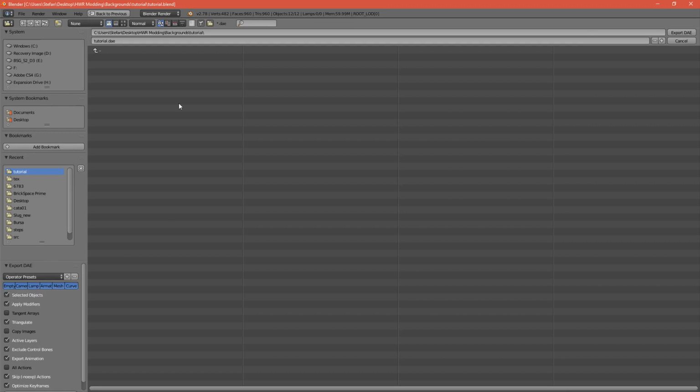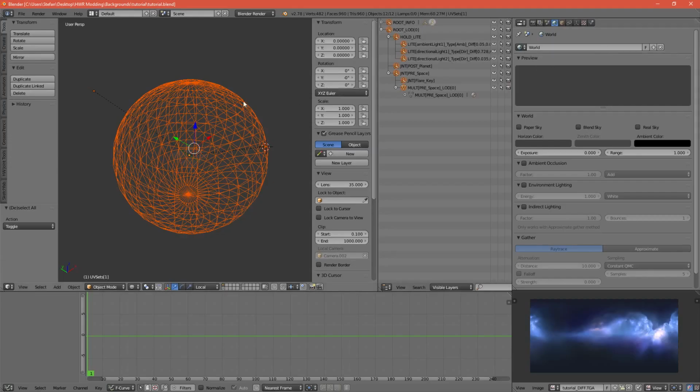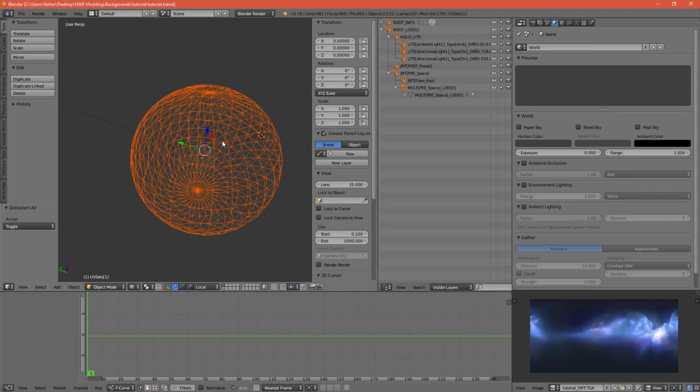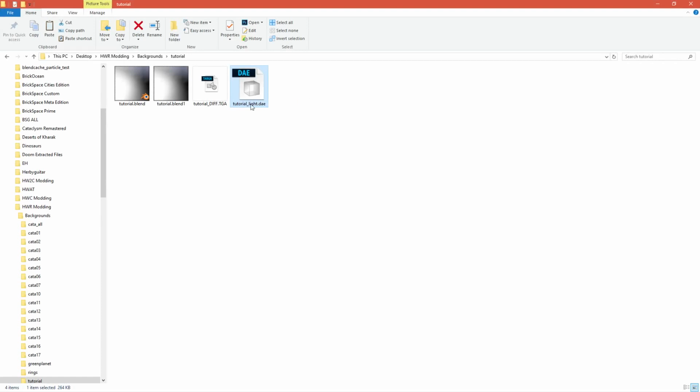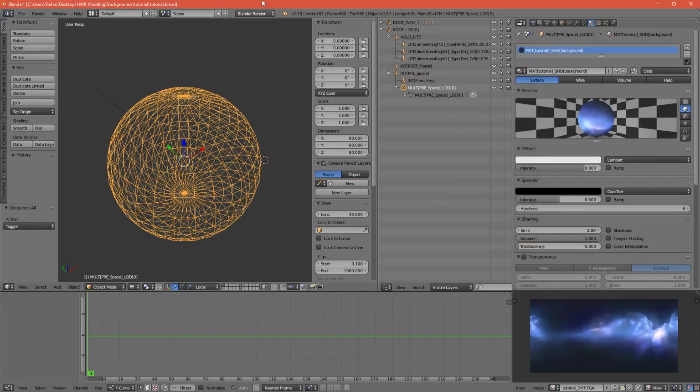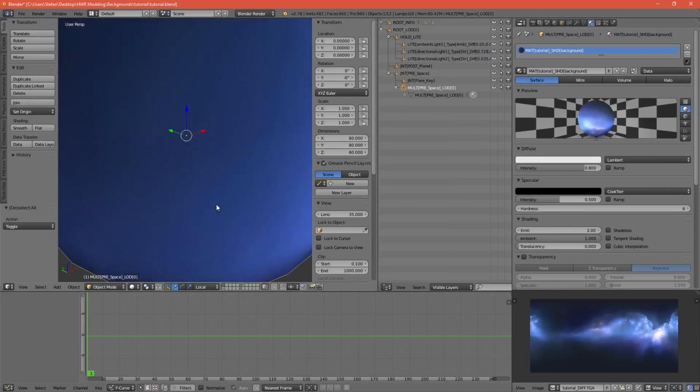Make sure you check selected objects, tutorial light.dae. You'll see why that matters in a minute here, or a minute or more. Okay, so we have that. We have our DAE. That's the blend backup file. Ignore that. Here's our source file. Here's our Blender file, and set those aside for a minute because we now need to